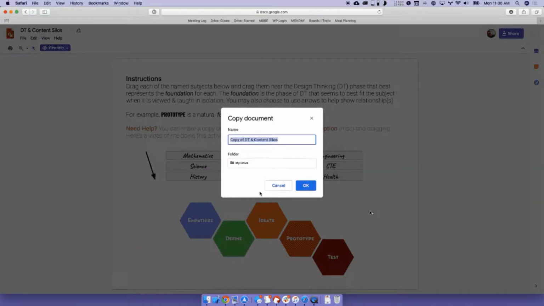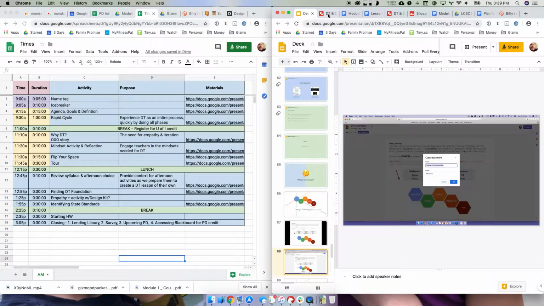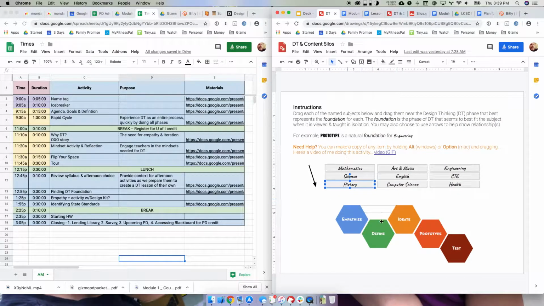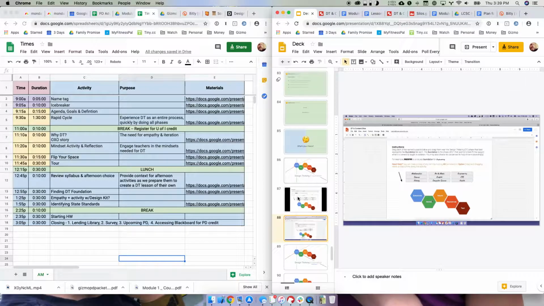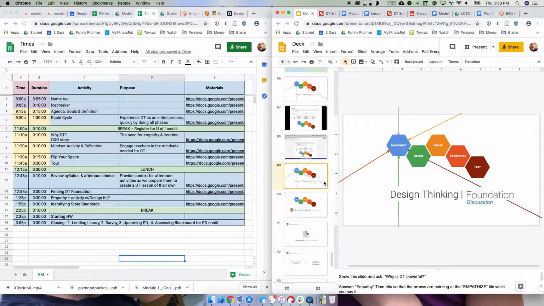So this is the activity. They're going to get in and do some thinking and do it in a hands-on way where they're getting in and physically manipulating these pieces. And then we're going to come back and have a large group discussion about, well, what is the foundation for your course? If you were able to take design thinking and break it up into discrete steps, which is a little dangerous, but I think we need to do it to honor